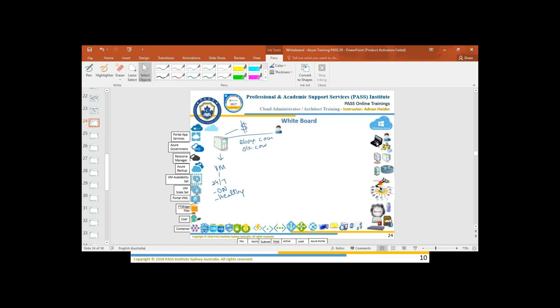So let's take an example of your own laptop. So our own laptop, Microsoft made it very easy for us. Microsoft made it really easy for us to maintain our laptop. So most of the time,